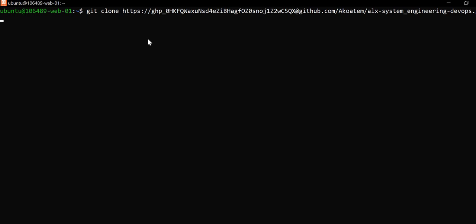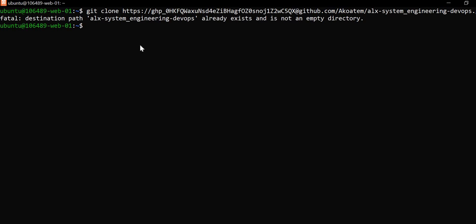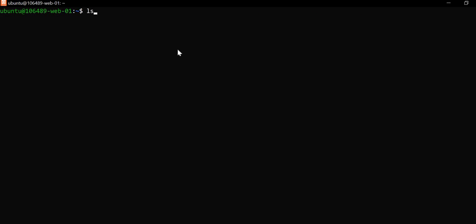Okay, I've already cloned this one. It will show me that the repository file already exists. You see, I've already cloned it. So if you have not done it, it will just clone. Okay, so after that, you clear your terminal, you do ls, you have the repository there,